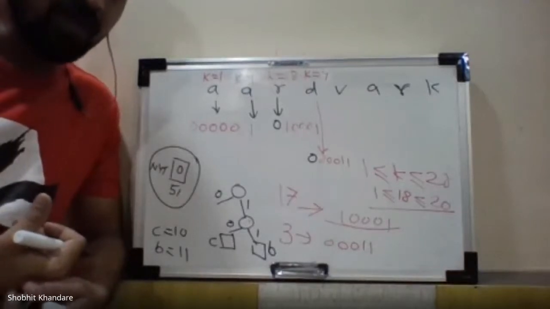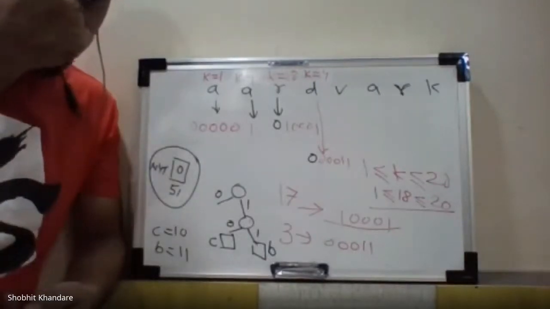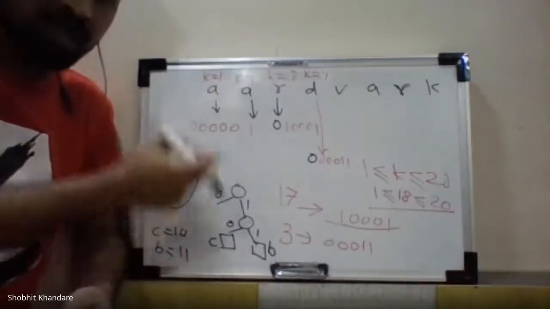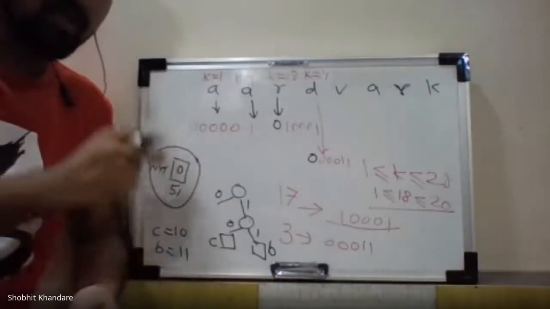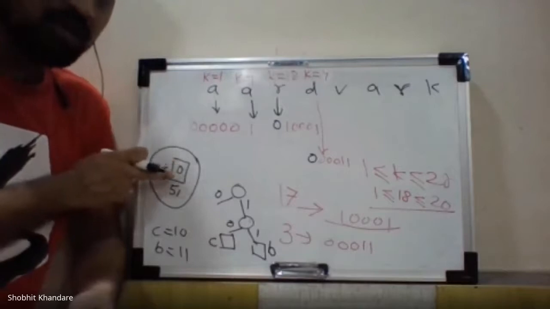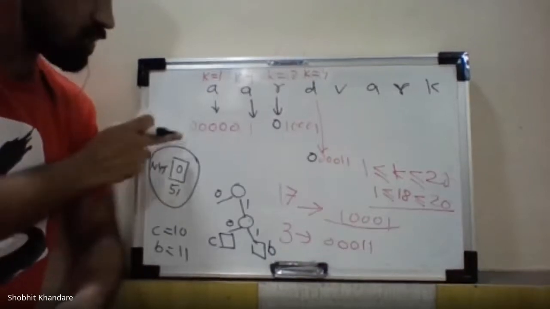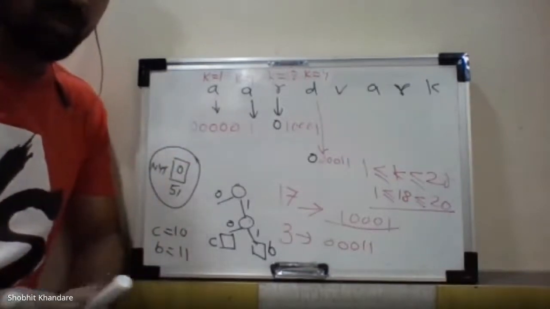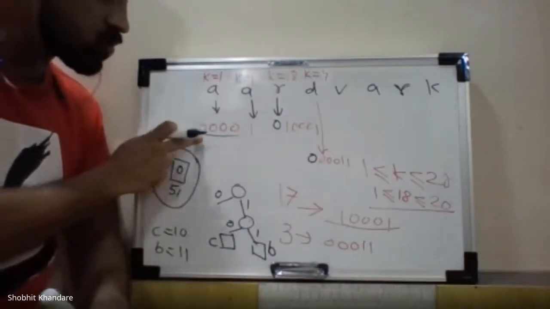Now, as we have seen the difference between the code and the fixed code, and we have developed the updated tree, after updation of the tree, we have entered into the encoding of the symbols. Then during encoding of the symbols, you have to refer to the previous updation of the tree. So during the updation of the tree, we have started with this first initial root with the code of NYT, because there is no code that exists for NYT. So that is why there will be no code for NYT. And what did we write afterwards? Followed by the fixed code. And you know how I get this 0, 0, 0, 0, 0, which I already have explained.